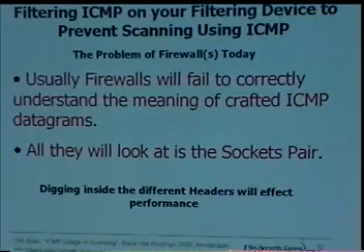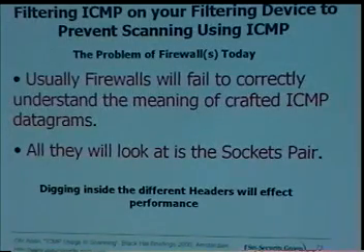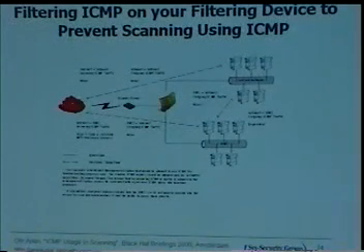Now, I think that this is a major malfunction in firewalls because we rely on them to defend ourselves from this stuff. All firewalls are doing is usually looking at the socket pair, or the information they need in order to validate it against their rules. They will not dig inside other IP header fields. If they did, it would hit performance quite remarkably, and I think that's another problem with firewalls. We're talking about filtering traffic in and out,